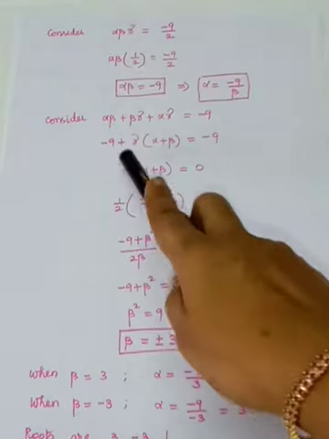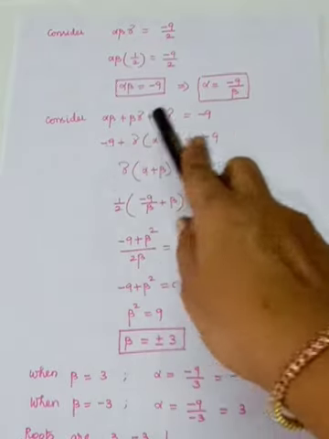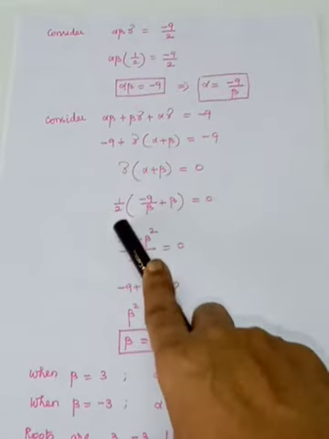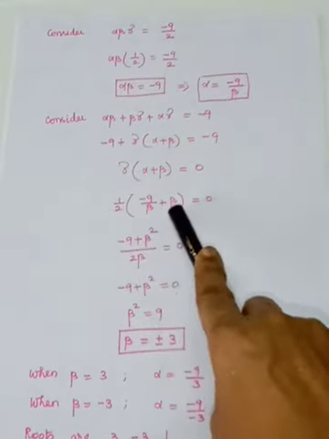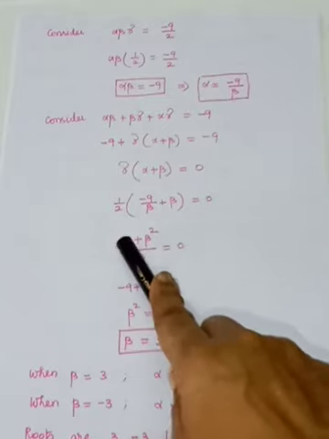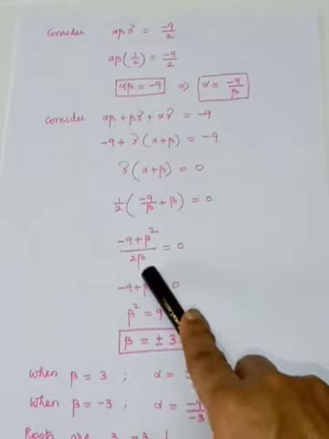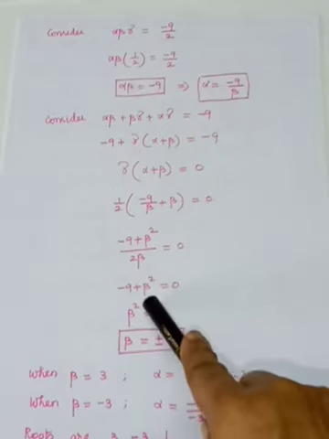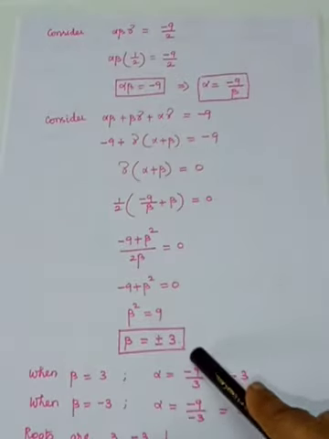Okay, so see, minus 9 minus 9, when you take it to the other side it is plus 9, so it is 0. So gamma is what? It is half. And if you take the LCM, it is beta, so minus 9 plus beta square divided by 2 beta. So when you take it to the right side, it is 0. So beta squared is equal to 9, beta is equal to plus or minus 3.